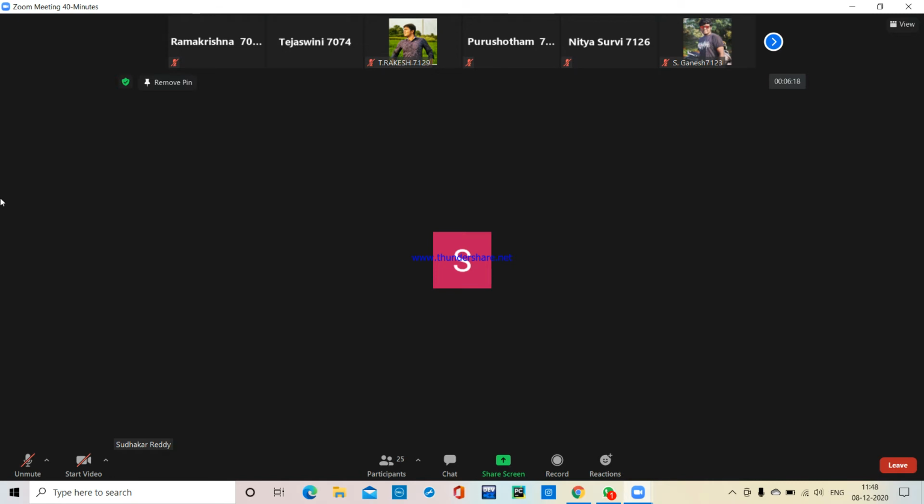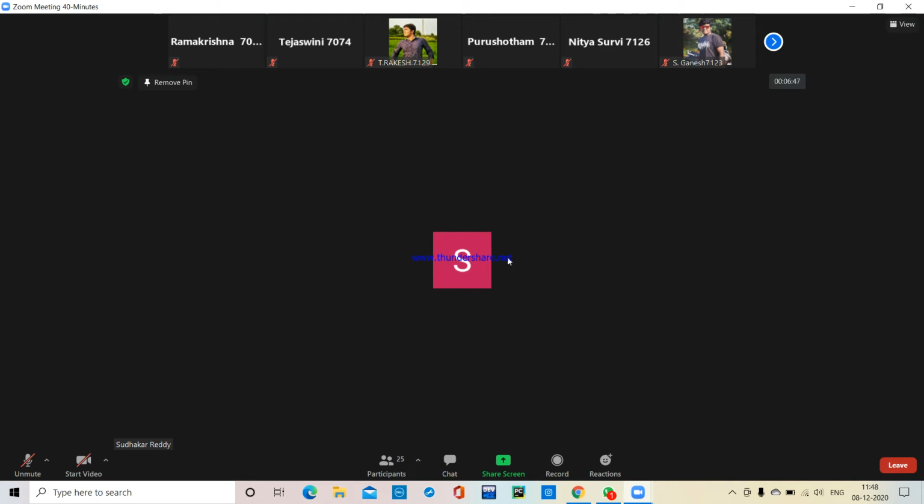Here the stack has only one end, which you need to remember, called the top. Only from that end we store or retrieve the elements. The principle followed in the stack is last in, first out: whatever element entered last will be deleted first.